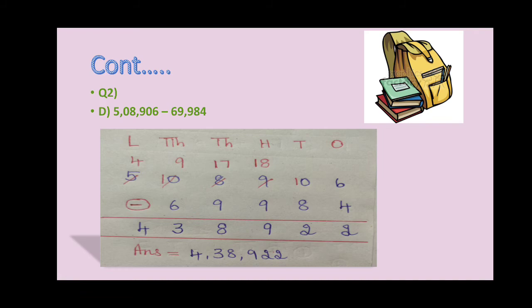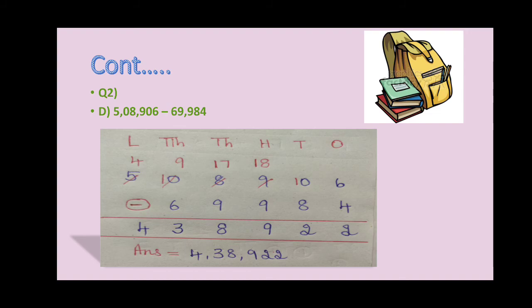6 minus 4. 6 is a bigger number, 4 is a smaller number. Directly you can subtract. 6 minus 4 is 2. Now 0 minus 8 we cannot. So what we have to do? We have to borrow from hundreds place. In hundreds place you have 9. Am I clear, children? So cut down 9 with the pencil, and then above the 9 you write 8 first. Okay, so 8 is the remaining number, and then here in tens place 0 becomes 10, 9 becomes 8. Okay, so now 10 minus 8 is 2.